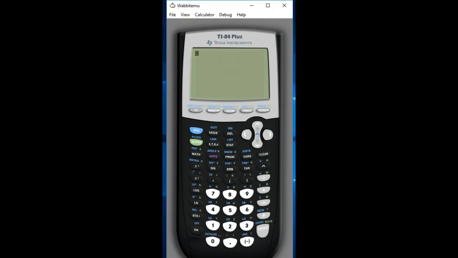This is a video tutorial on how to complete exponential modeling or regression on the TI-84. This will also work on the TI-83. So we have a set of ordered pairs for our data, and we need to enter that data into our